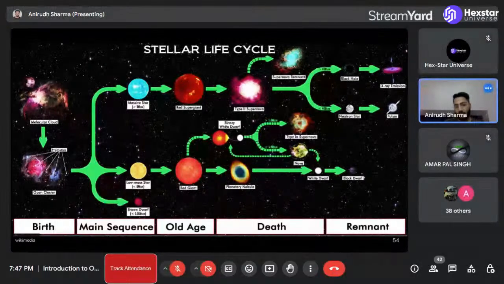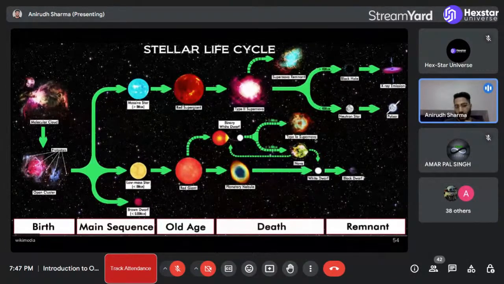1.4 सोलर मास से अगर ज्यादा है तो वो सुपरनोवा होगा टाइप 1A। जब रेड जाइंट फटता है हालांकि तब टाइप 2 सुपरनोवा होता है, और उसमें उसका जो एटमॉस्फेयर होता है जो बाहर की तरफ फेंका जाता है, वो तो बचता ही है, और साथ में दो में से एक स्ट्रक्चर बनता है। जब 8 सोलर मास से ज्यादा मास होता है उस स्टार का, तो कोई एक बचता है, या तो ब्लैक होल बचता है या न्यूट्रॉन स्टार बचता है। न्यूट्रॉन स्टार तब बचता है जब 40 सोलर मास से कम उसका मास हो, तब ज्यादा संभावना होती है उसकी।